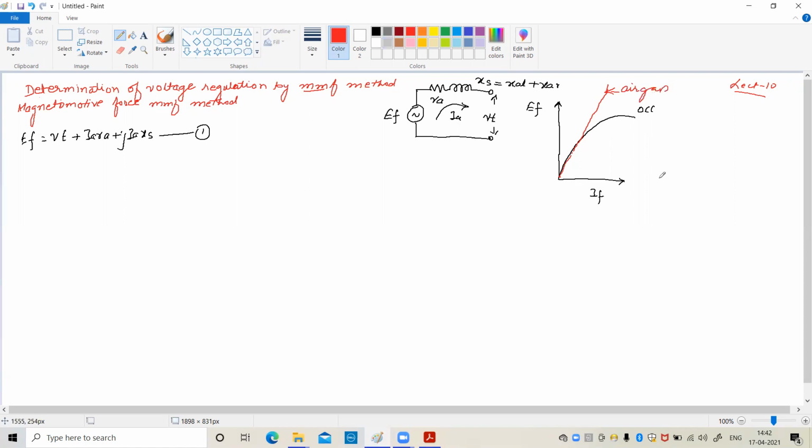Now under such conditions, we can represent this with the help of a vector diagram. This is the field MMF, FF. It produces an EMF which is lagging by 90 degrees. In open circuit condition, the excitation EMF is equal to the resultant voltage ER, which is equal to the terminal voltage. So in open circuit condition, the excitation MMF FF is equal to the resultant MMF FR, because the generator is not delivering any load current,